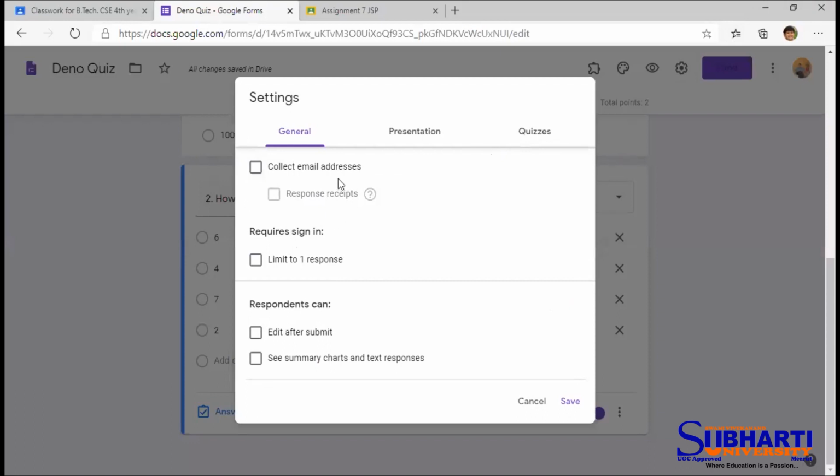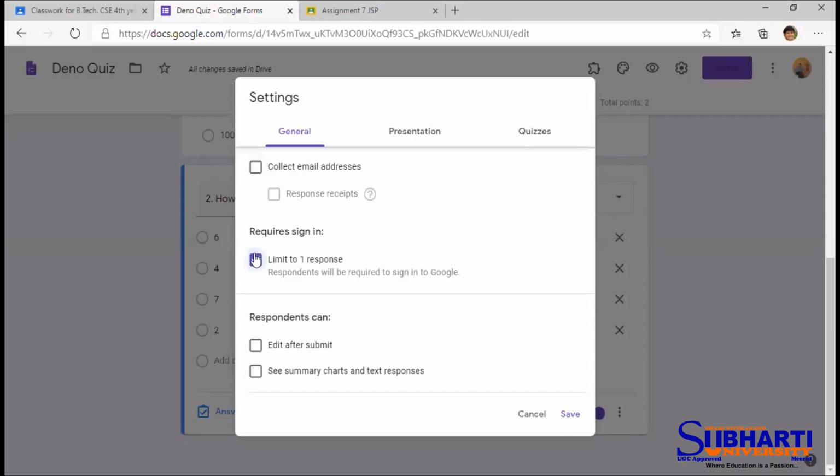this is collect email address. If you want to collect the email address of the students at the end of the quiz, then we'll click on this. Otherwise, no need to click on this. And when we are allotting this quiz to the students, it is compulsory to specify limit to 1 response. It means students can give only one response.